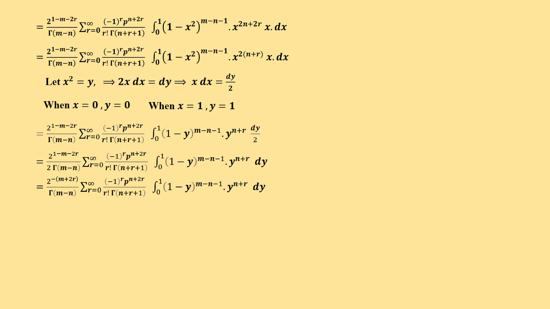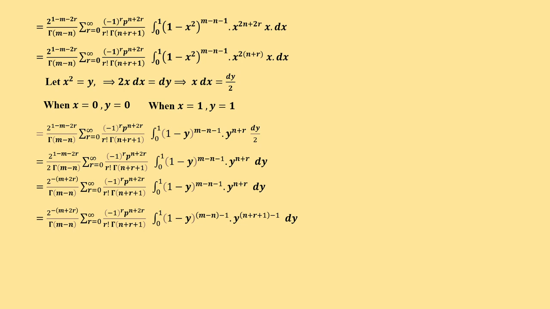Remaining, you are having 2 power minus m, minus is common, minus of m plus r by gamma(m minus n), summation r equals 0 to infinity, minus 1 power r, p power n plus 2r by r factorial gamma(n plus r plus 1), integral 0 to 1, 1 minus y power m minus n minus 1, y power n plus r dy, which is equal to 2 power minus m plus 2r by gamma(m minus n), summation r equals 0 to infinity, minus 1 power r, p power n plus 2r by r factorial gamma(n plus r plus 1), integral 0 to 1, 1 minus y power m minus n, we are grouping m minus n then minus 1, then y power n